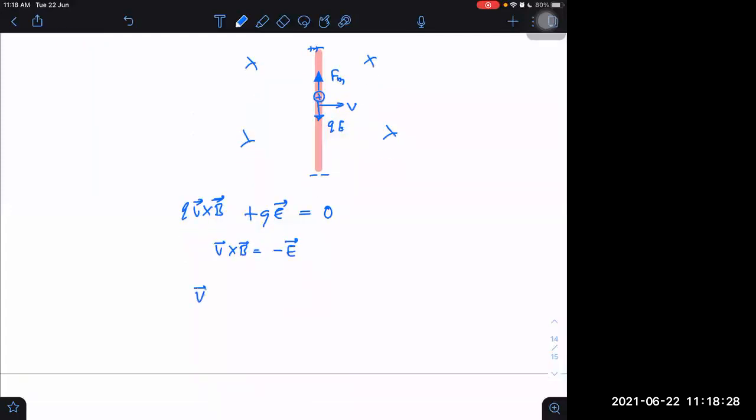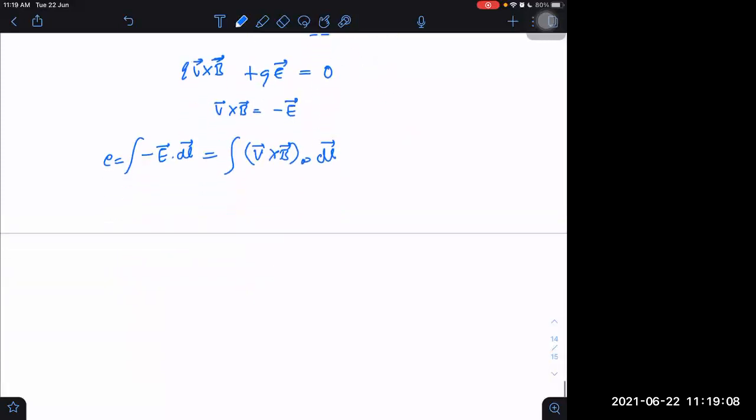Now you tell me, what will be the EMF? V cross B dot dl, because I know EMF is equal to minus E dot dl. Is that EMF or not? So this is equal to V cross B dot dl. What would it become? In this case at least, V and B are perpendicular. Always these will not be perpendicular, but in the present case they are. So I should leave it here, because it will depend on the angles.